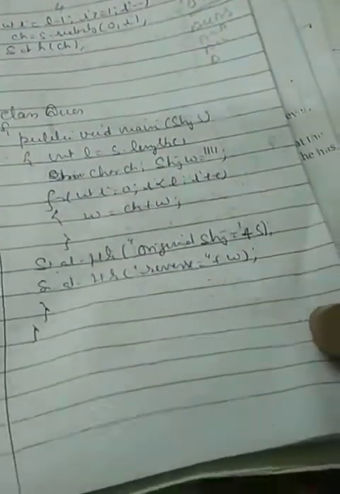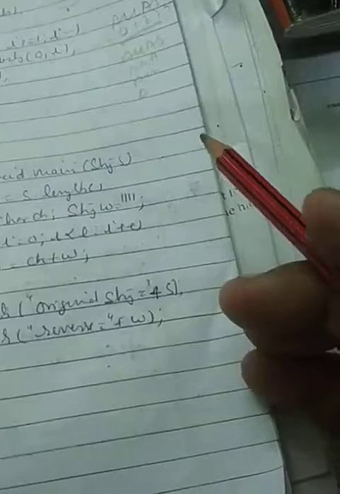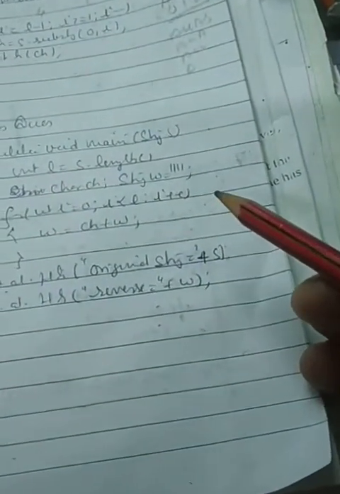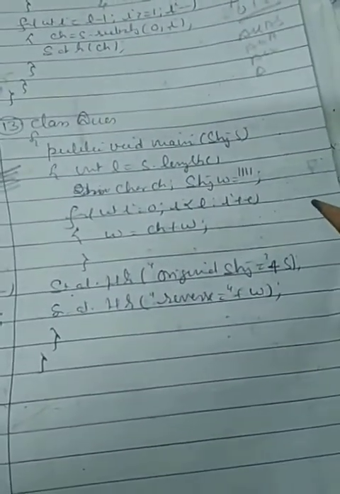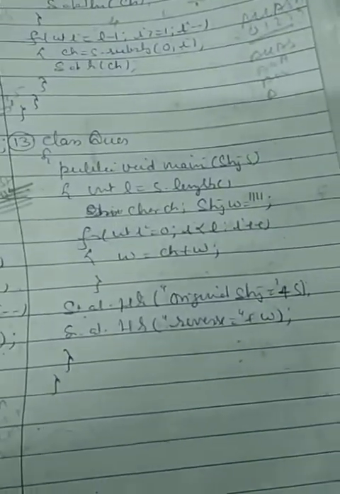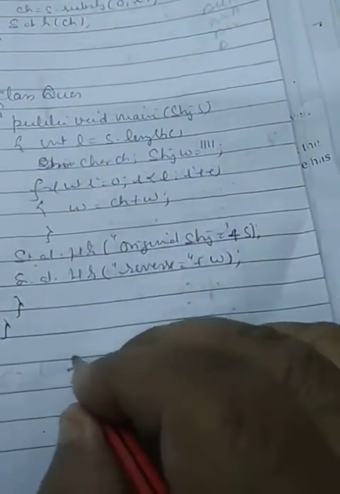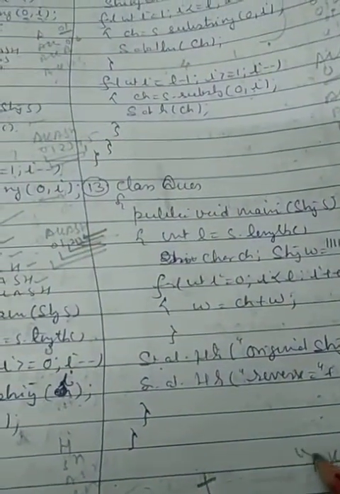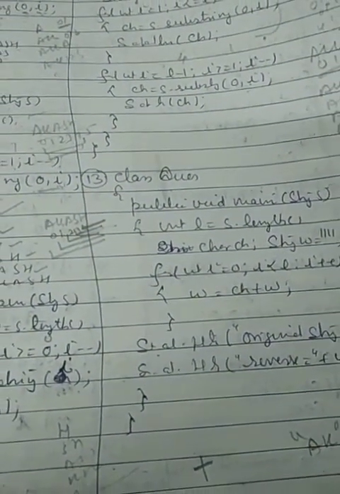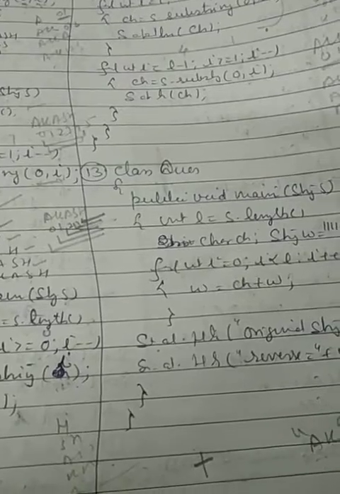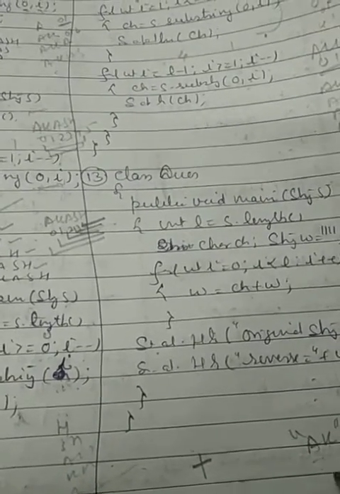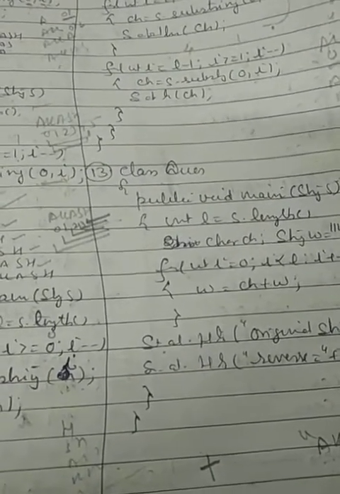Now come to next question number 13, as per the assignment. It says enter a string and print it in reverse. I have told you the concatenation operator. With the help of that, we can add two strings, and I have also told you the plus operator to concatenate. If you want to add two strings, AK and BK, I can use AK dot concat BK, or I can write AK plus BK. So this plus operator also adds up the string.